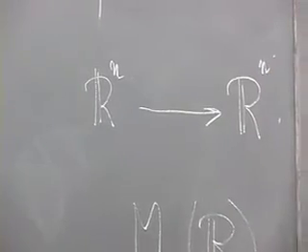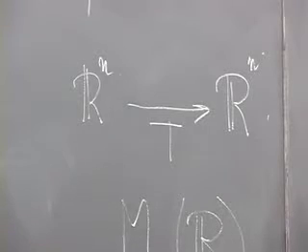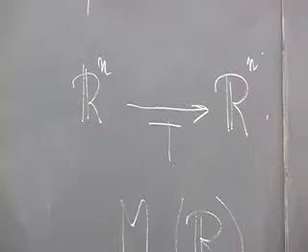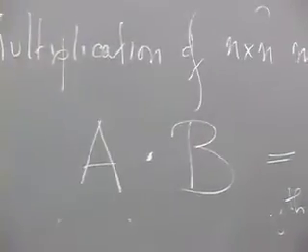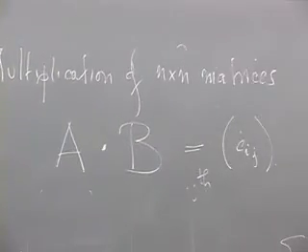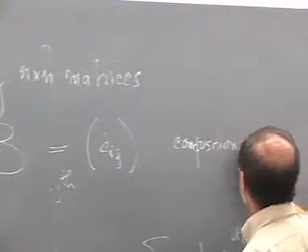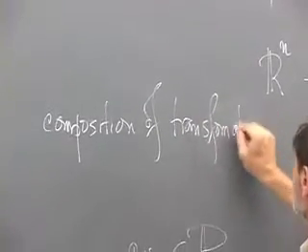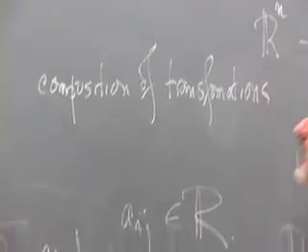Every matrix is a way of writing down a specific linear transformation. We'll do that later on, but it's a good thing to bear in mind. Because if you understand that a matrix represents a linear transformation, then what multiplication of matrices represents is the composition of transformations. That's not obvious from this formula at all. You have to unwind a million things to see that.